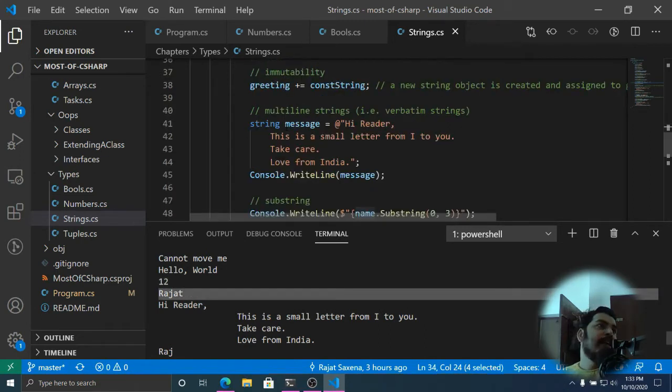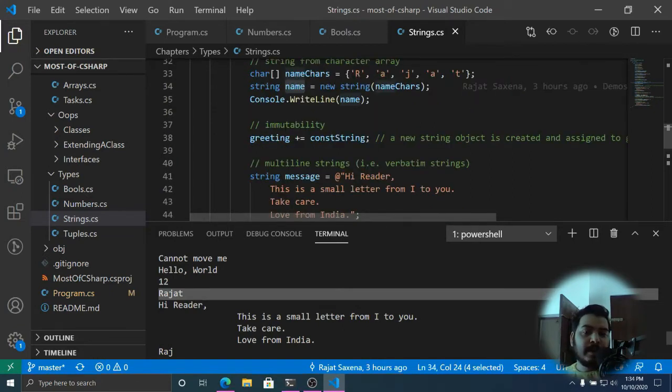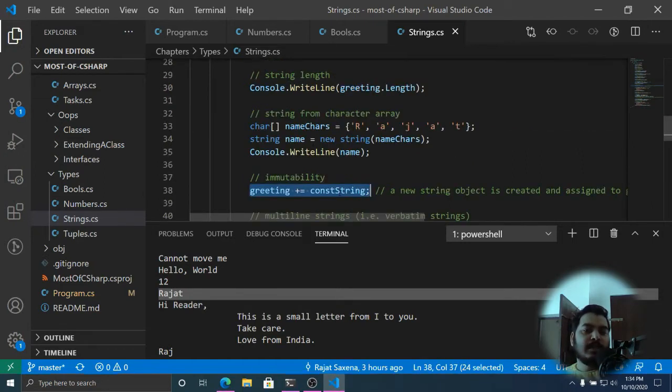Strings by default in C# are immutable, which means that if you do something like this, we are basically appending this constant string to the greeting. What is going to happen under the hood is that this constant string is going to be appended to the value of greeting, and that new string will be assigned to this greeting variable.